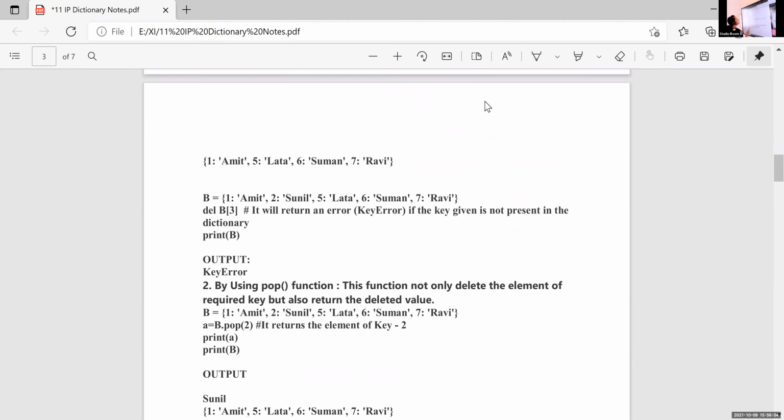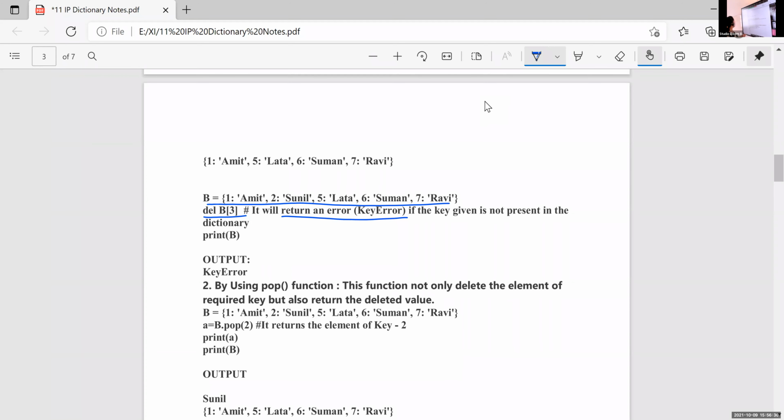Then here, B means it includes 1, 2, 5, 6, 7. I'm trying to delete DEL B within square brackets 3. The key 3 is not here. There is no 3 in this B, so it will return an error.